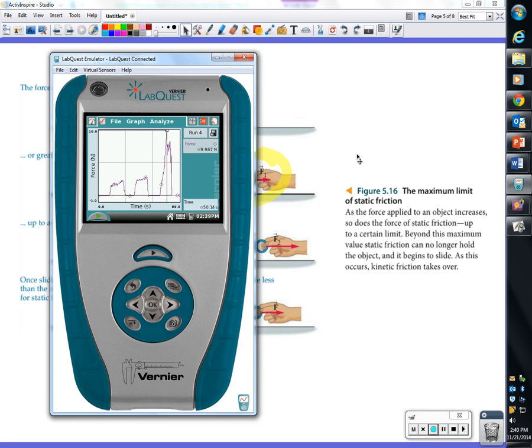So the reason weight determines how much maximum static friction there is is because it's multiplied by the normal force, which is related to weight. So let's do this demonstration, okay? All right, so we'll save this one, and we'll go to run 5. All right, so I've taken 2 of the black weights off of this block, right? So now there's less mass, which means less weight, which means less normal force, okay? All right, so, right, first,